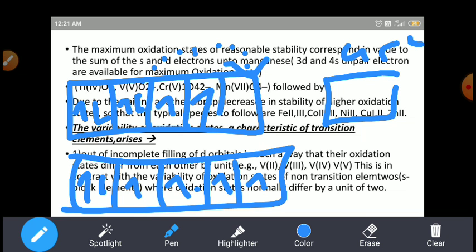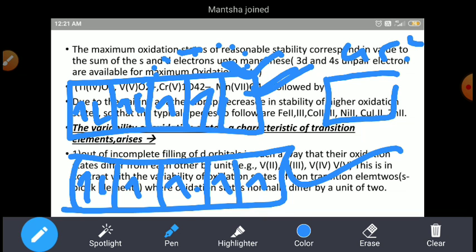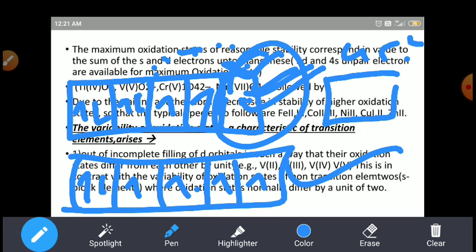Right? We have to remove the 4s electrons, and we also have to remove this last electron, the dz square electron, when any species, oxygens or fluorines, are bonded with the cobalt. After removal of the electron, these electrons are again promoted and shifted here. Now it becomes in this form. So that's why it hardly shows the +2 state. And if you remove this one electron, with any species bonded, these electrons are promoted here, which again stabilizes the d orbitals.